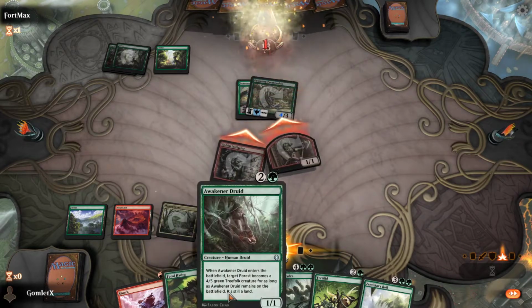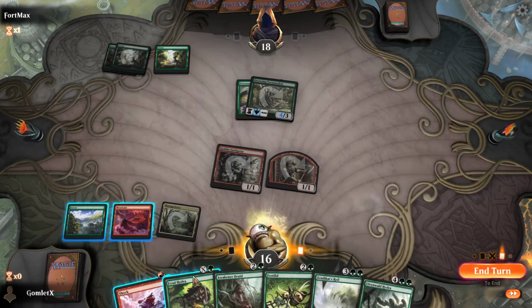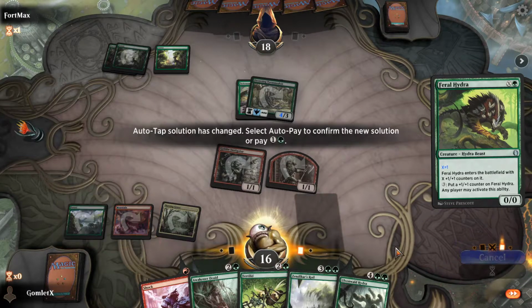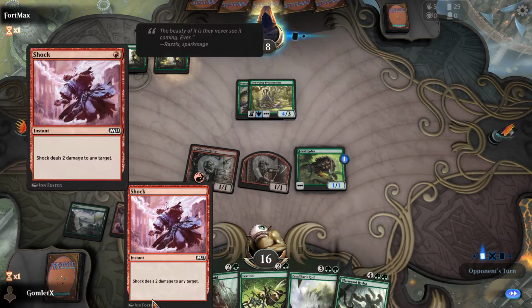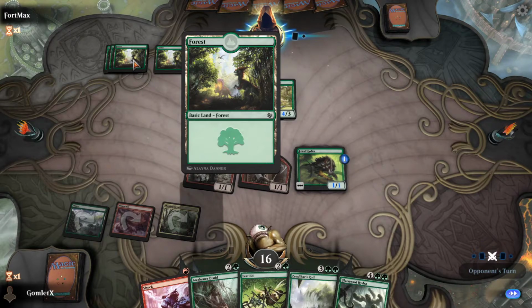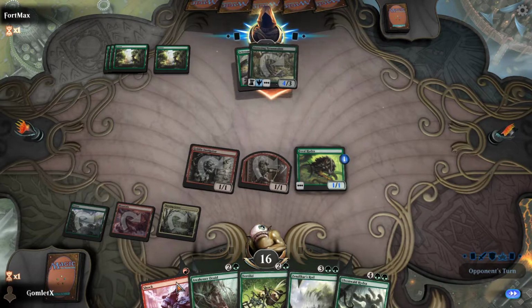So I actually have a lot of stuff to do turn 3, turn 5, turn 6. I've got plenty of late game plays, so I'm actually just going to play my Feral Hydra as a 1/1 just to get more things on this board, to actually play a card. Because Shock also is not going to kill anything. I highly doubt in the Dinosaur deck there's going to be much of anything I can kill for 2 damage